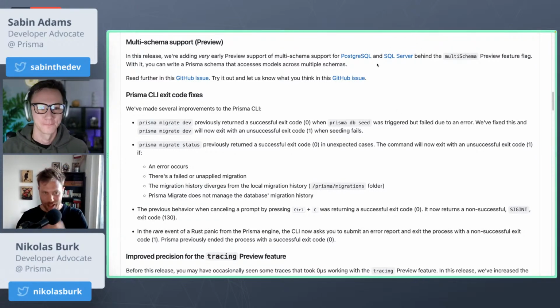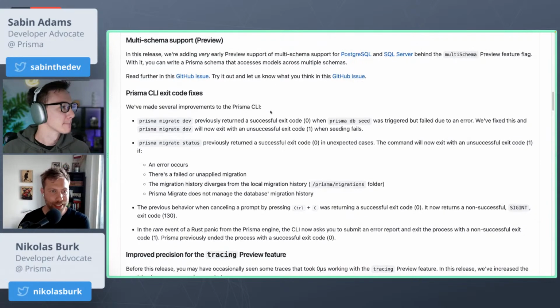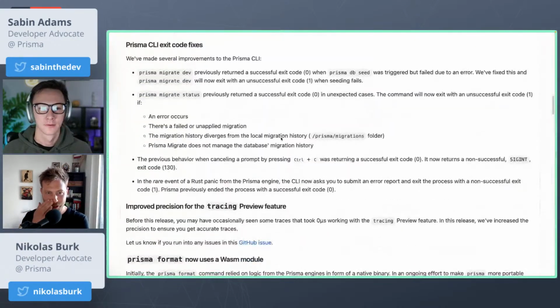Yes. And then we have a couple of fixes. So Prisma CLI exit code fixes. And I read through the release notes here. And so I think that as application developers who are building maybe front end or back end or full stack apps, we're not typically concerned with these kinds of exit codes. In fact, I don't think I've used them much. The main context from where I can recall having used them is from university when I was building C programs. And I think maybe in the realm of systems programming, or when you're building a CLI, these are much more